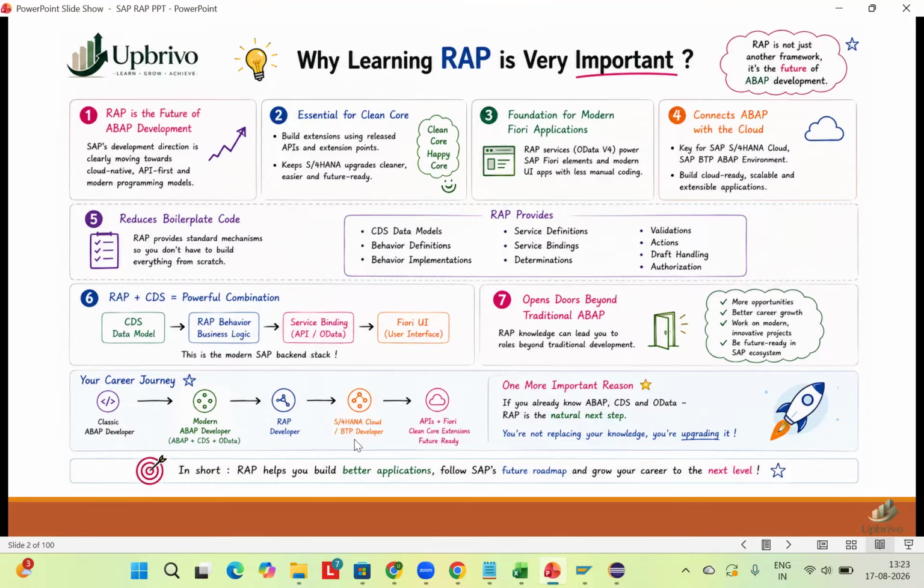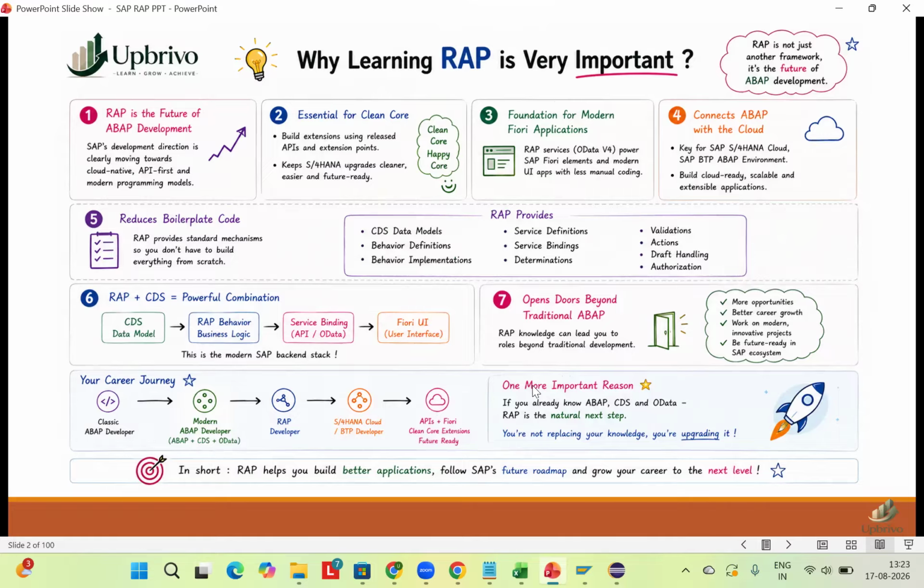And you can see if you have skills in BTP, then you are working on the front end code and back end code, and front end code means UI5 code. Then you can develop any Fiori application from the back end or from the front end. Means through RAP, you can create the custom application, or through BTP, you can also create custom applications. So you need to understand. First you can focus on RAP, then after RAP, you can start learning BTP